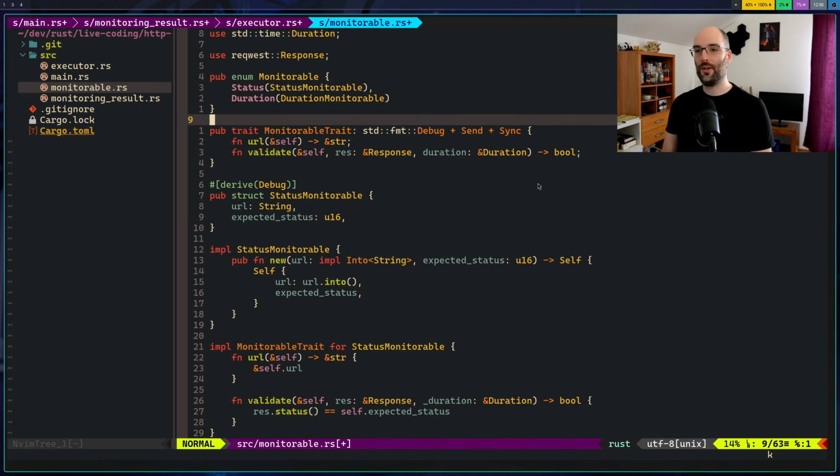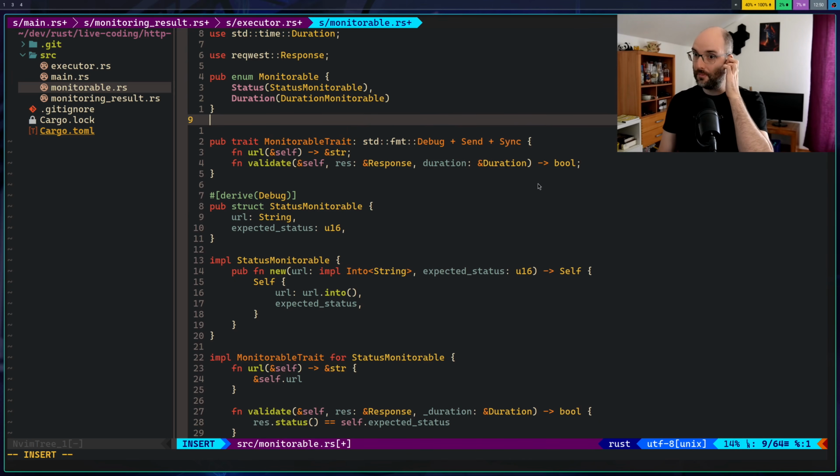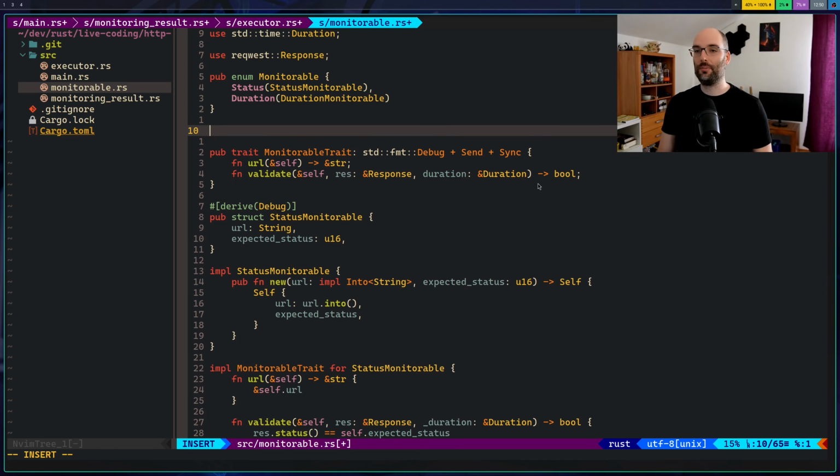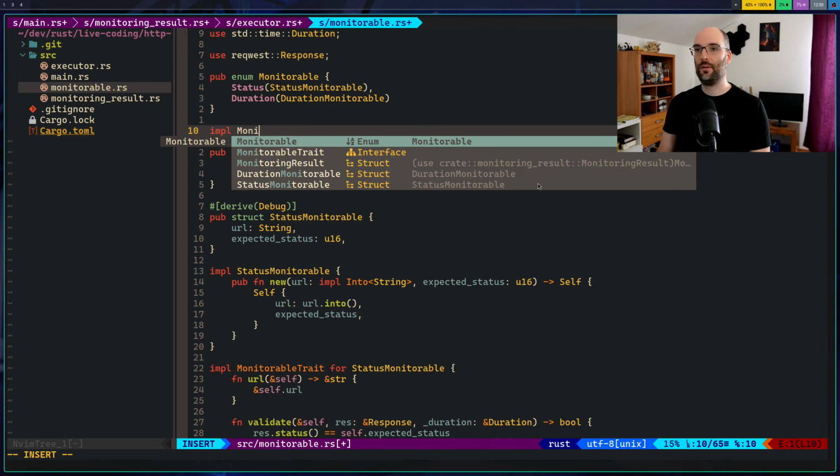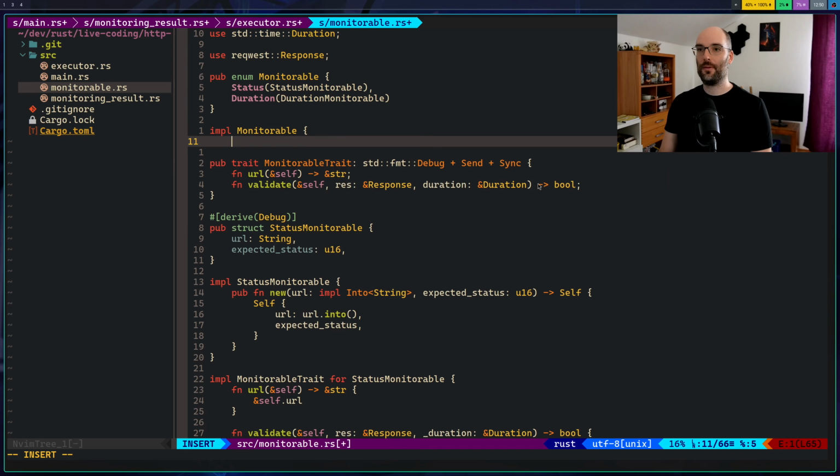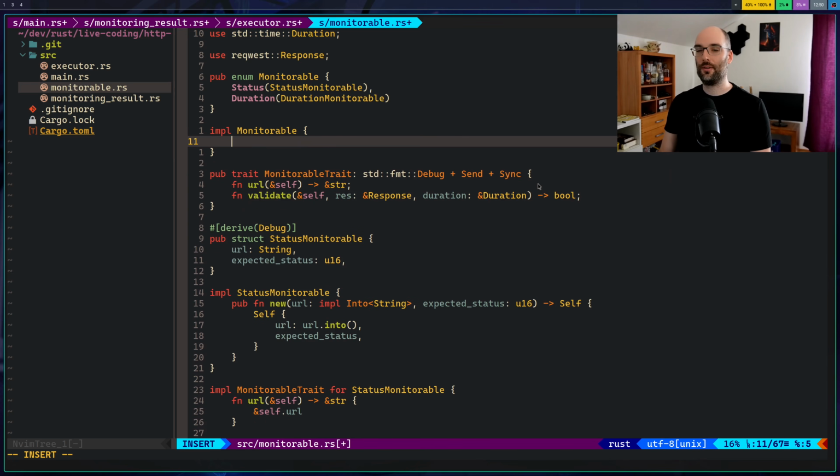Well, of course, now we're going to do some matching instead of dynamic dispatch here, or instead of polymorphism. So we'll have impl Monitorable. What we'll need is, I mean, it could theoretically implement the monitorable trait for Monitorable.